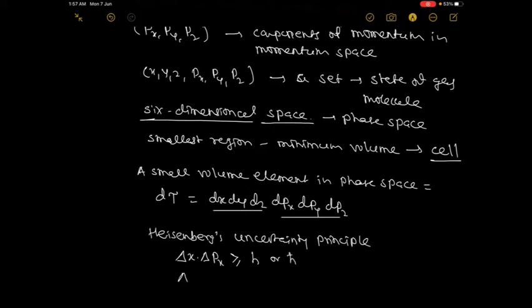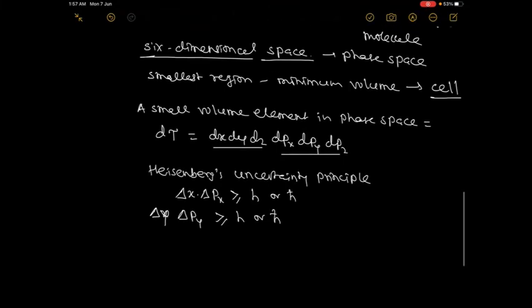Similarly, delta py into delta y is always greater than or equal to h or h cross, and also along the z axis, delta z delta pz is greater than or equal to h or h cross. Therefore,